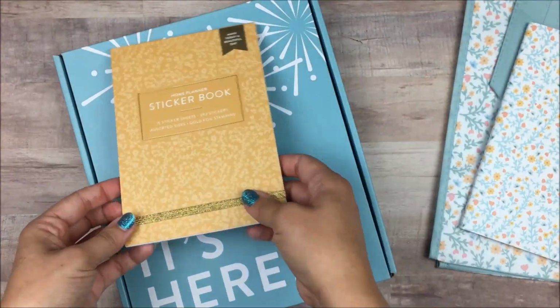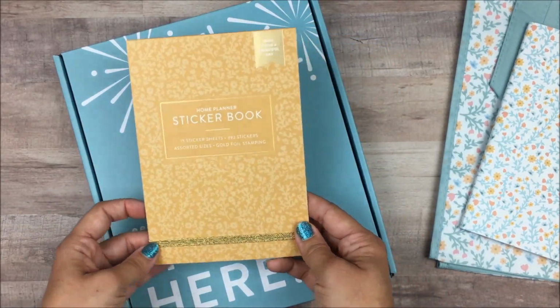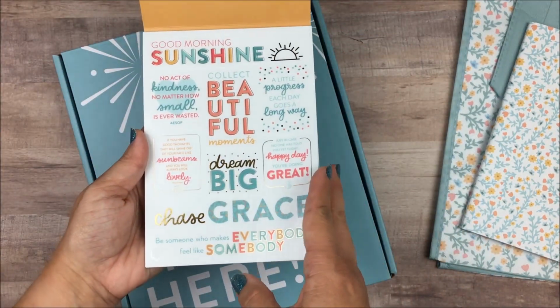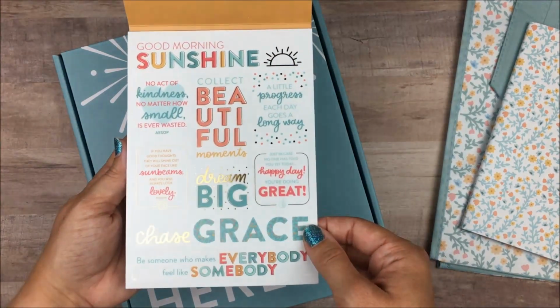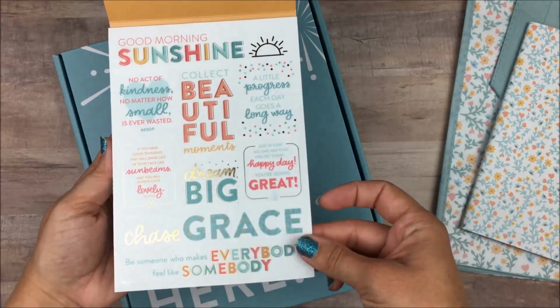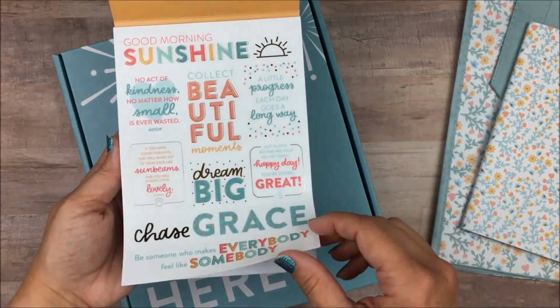And then we can go back to the sticker book, and then we'll jump into the planner, which I'm so excited about. Okay. Just like the sticker books that they've had in the past, it has the same style and types of stickers in it, but it's been completely redesigned, and I just love these. I think they are so pretty. So first of all, I love the colors that she uses. The color combination is just beautiful, and everything is always so motivating and uplifting,